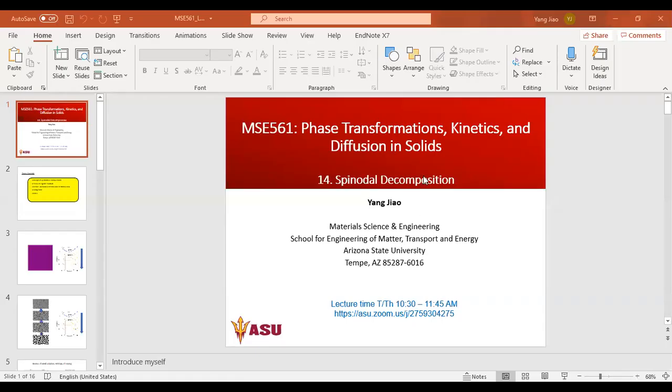Okay, anyway, so now let's switch gear and talk about another solid transformation, but it's quite different in terms of